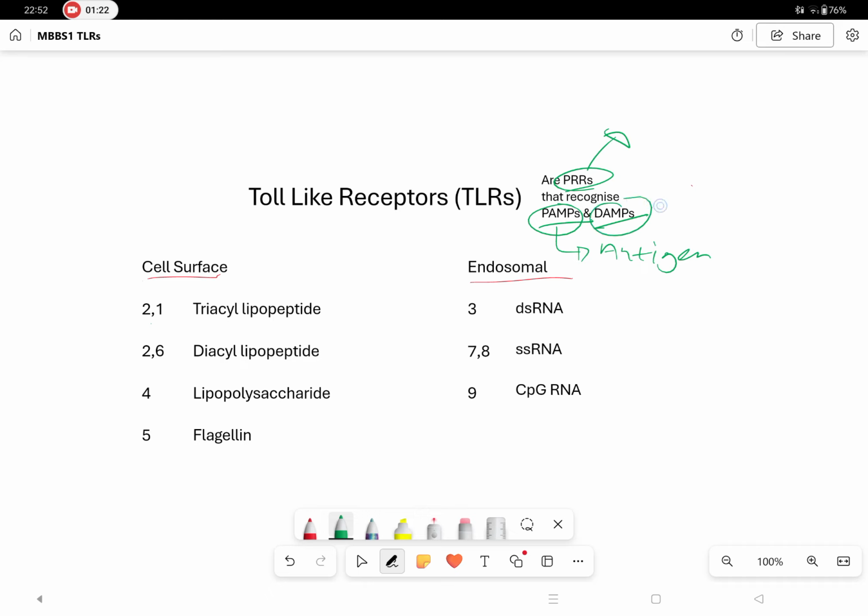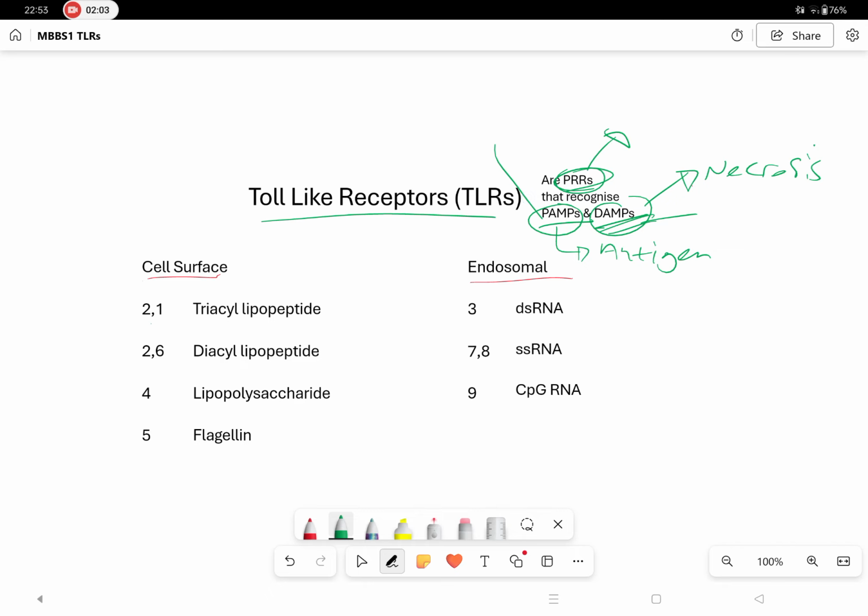Now, what's a danger associated molecular pattern? So the difference between PAMP and DAMP is that a danger associated molecular pattern is more endogenous. It's actually within the body. It's something that the body might create itself. So, for example, as a result of necrosis, as a prime example, some of the mediators that will be released are essentially recognized as danger associated. So DAMPs are endogenous and PAMPs are exogenous. Okay, so Toll Like receptors essentially will recognize these PAMPs and DAMPs, and therefore Toll Like receptors are your pathogen recognition